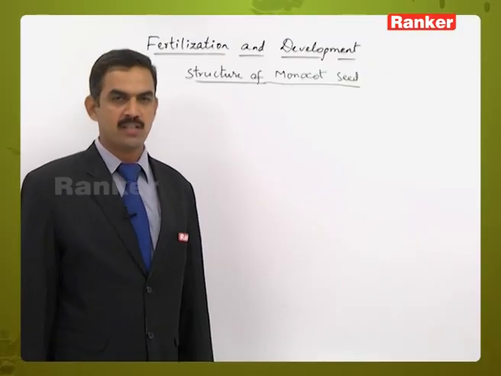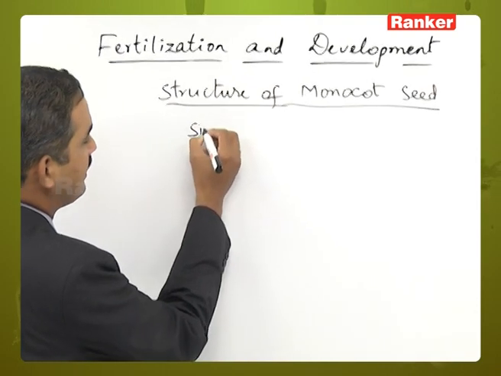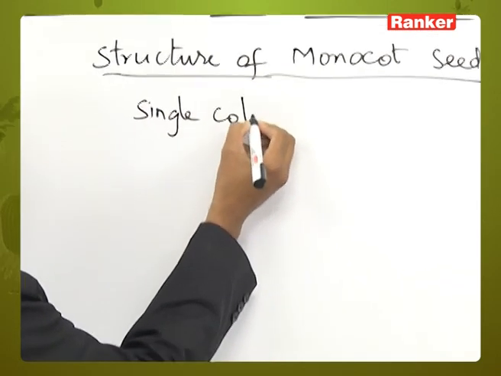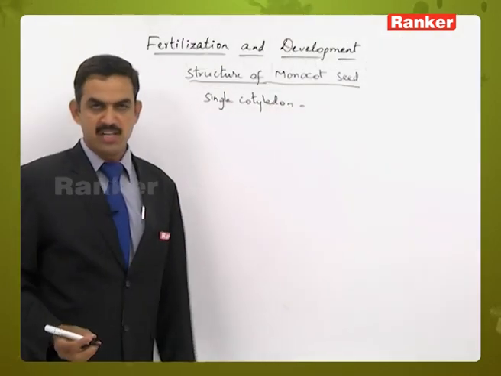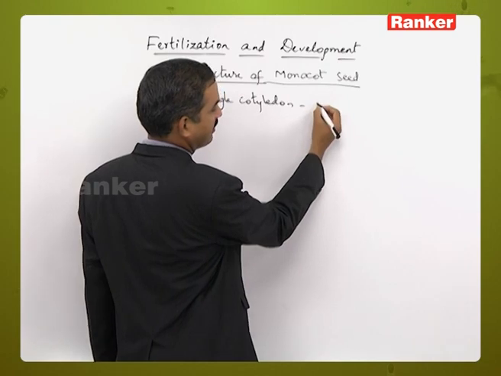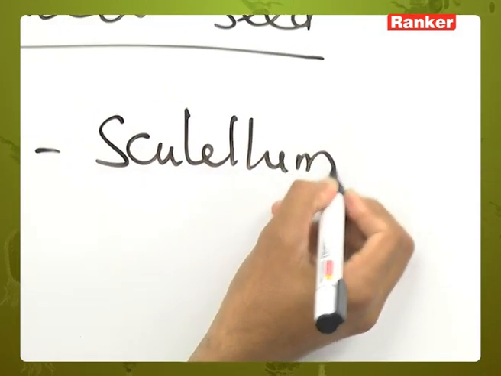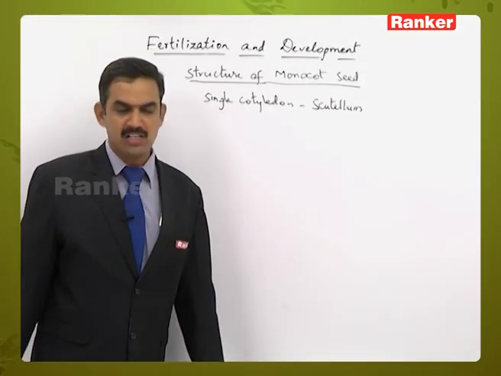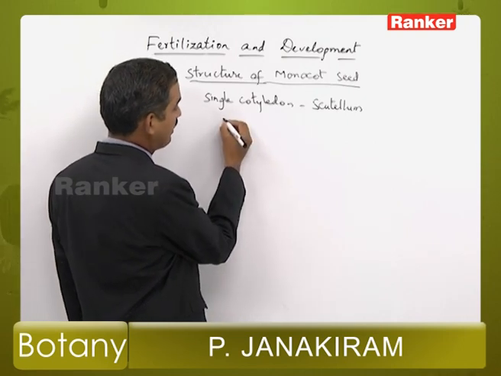Structure of monocotyledonous seed. Monocotyledonous seed contains a single cotyledon inside, and this cotyledon is papery in nature. This papery structure may be a shield-like organization that is called the scutellum. As this cotyledon is thin and is not storing the food materials, the food materials are